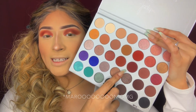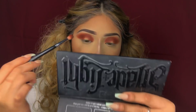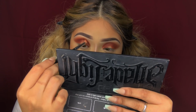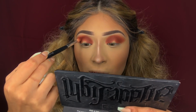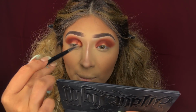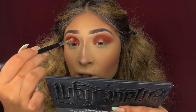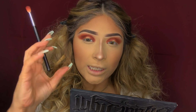The next shade I'm going to take is this one right here, which is a much darker burgundy shade. And I'm just going to be applying this right on the outer corner crease and also the inner part of my lid here. You do want to kind of go in like a round shape here and leave the middle by itself. So I'm just going to darken up the outer corner, the crease above here, and also the inner corner, just so that when we do apply our lid here on the center, it's going to really make that pop